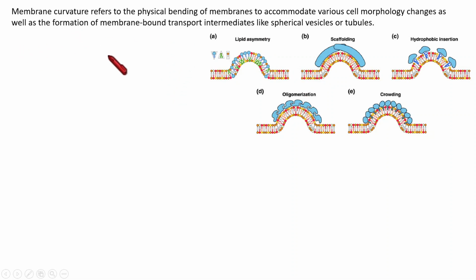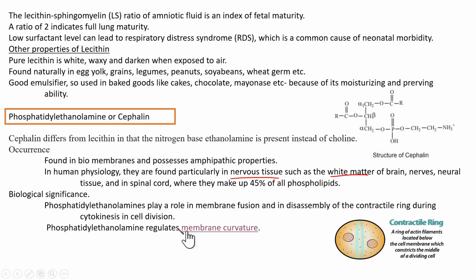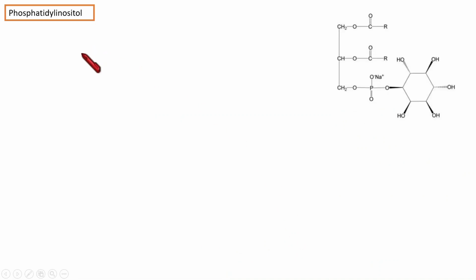Okay, or phosphatidylethanolamine. Membrane curvature refers to physical bending of membranes to accommodate various cell morphological changes. That's all I need you to understand. So, cephalin, its importance we have seen. Next,